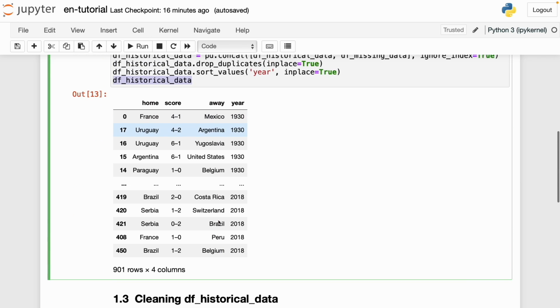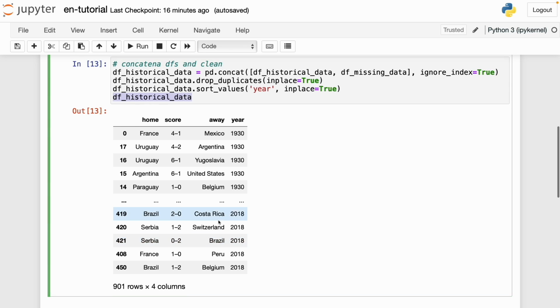We have to make some modifications to clean it, and also some modifications to have it ready for the processing that we're going to do later. Before you run any machine learning or anything, this data frame has to be ready. And right now it's not ready because, for example, the score column has this